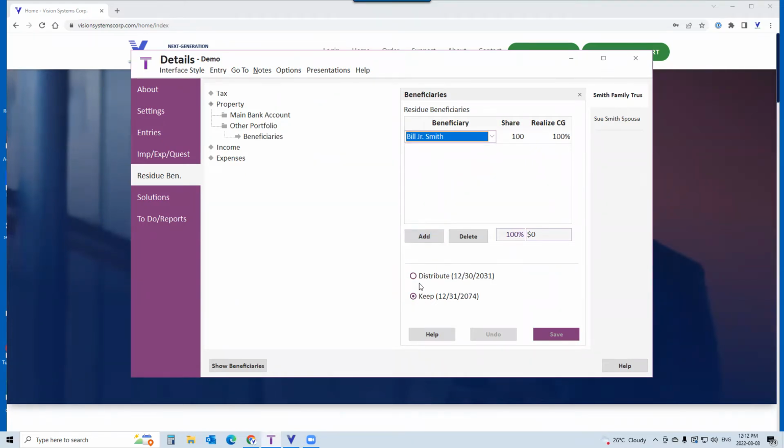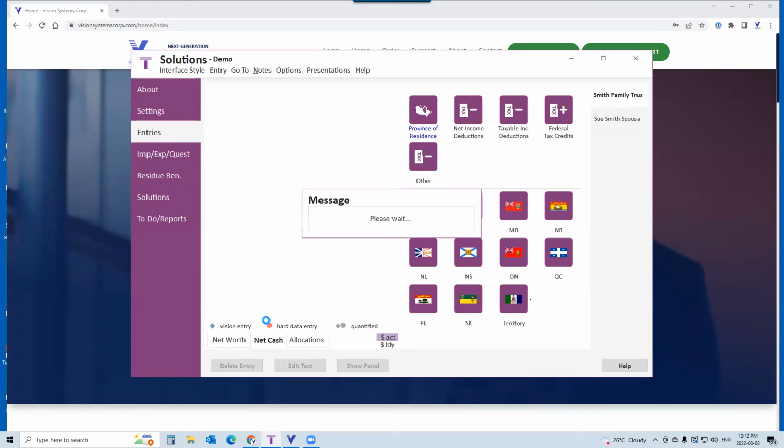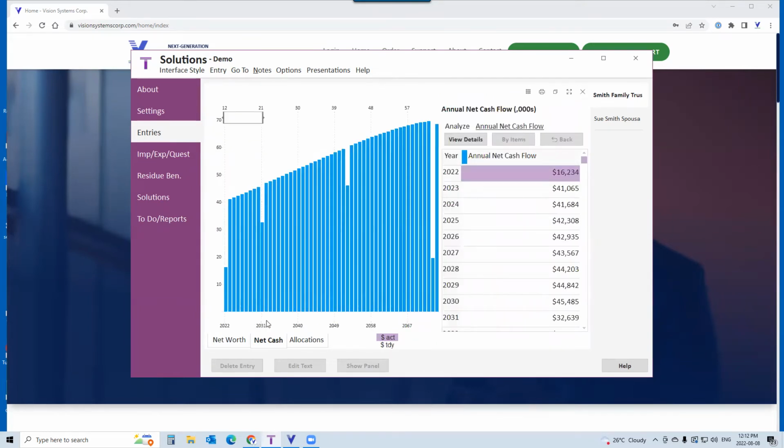And then we have the opportunity to either distribute an asset from the trust to a beneficiary 1 day before the deemed disposition date, meaning that we are going to avoid the tax that would happen based on the 21-year rule, or we could keep that asset and then distribute it on, to someone on Bill Jr.'s life expectancy. I want to just flip back to the entries tab and go to net cash, because in this case, we've said we're going to distribute that asset